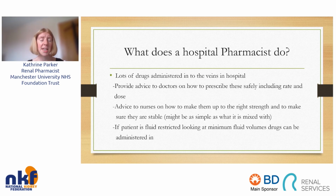Also, we see a different population. Patients in hospital tend to be a bit more poorly, and there are lots of different drugs compared to what you might see in the community, such as drugs that are administered into the veins. We get involved with providing advice on how to administer things safely into the veins, what doses, how quickly, and supporting nurses on making these up to the right strength to make sure that they're stable. That might be something as simple as what to mix it up with. If you put it in a bag of sugar instead of a bag of salty water, that might make it